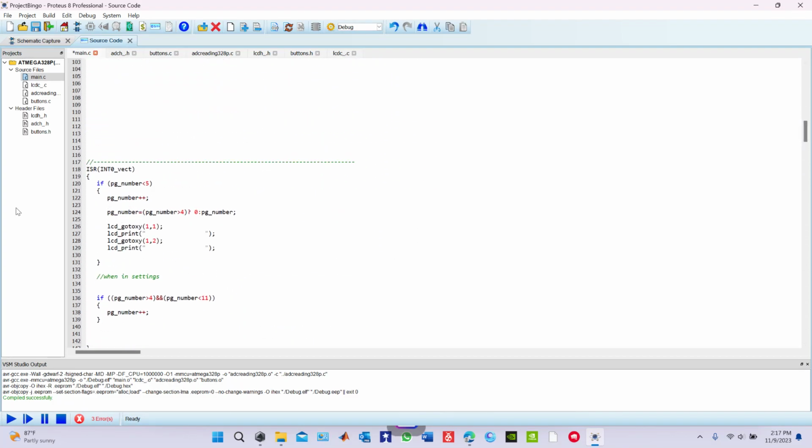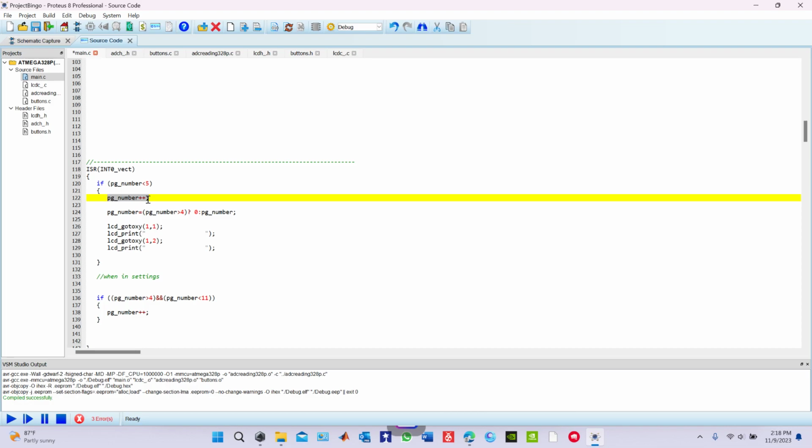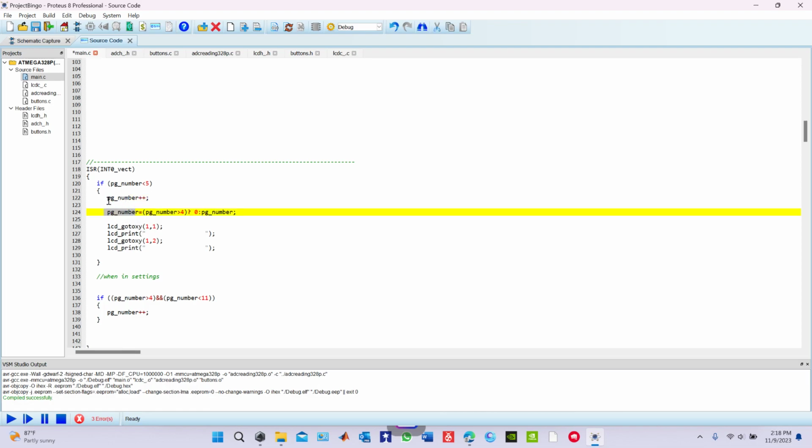So back in the interrupt. As long as the page number is less than 5, every time this button is pressed, it executes this and increments the page number. So basically it cycles between the pages. So it goes from page 0 to page 1 up to page 5, and you can see if it reaches page 5,